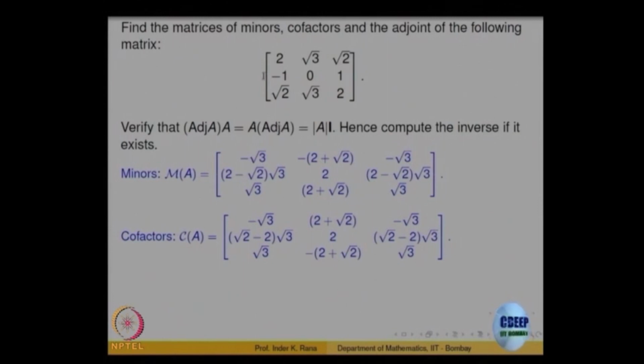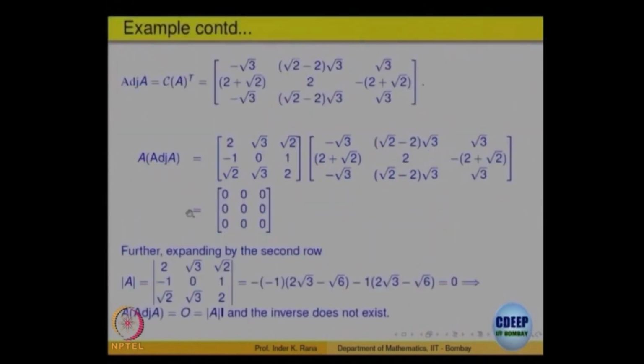This row, this column, and this row, this column, expand by anywhere, these are minors. Let us not bother too much about the verification of the computations. Basically, you compute the minors matrix, you compute the cofactors matrix, and then the transpose of that gives you the adjoint, and you multiply